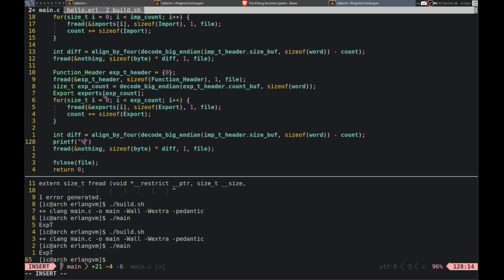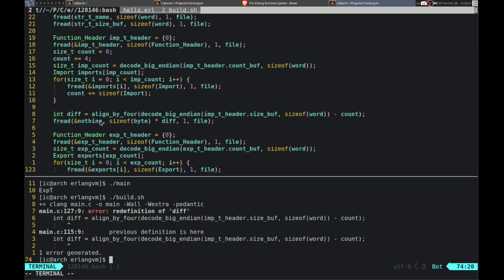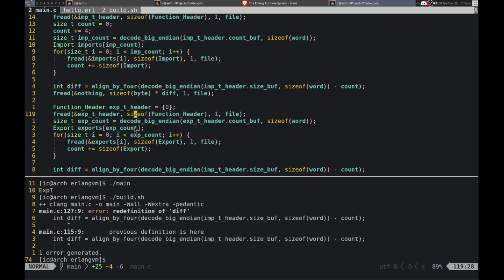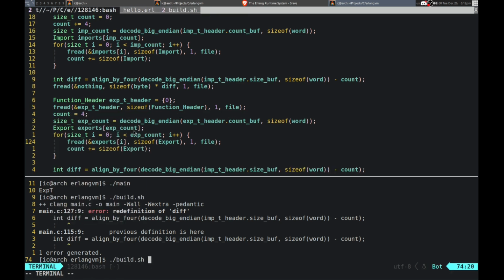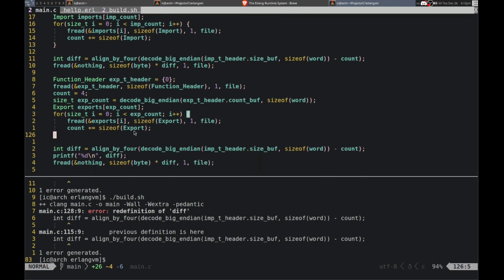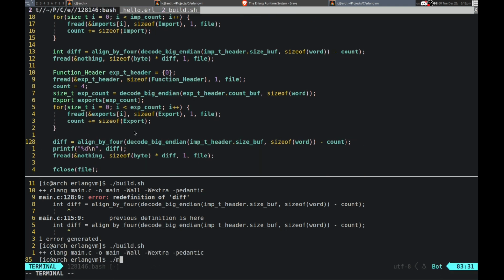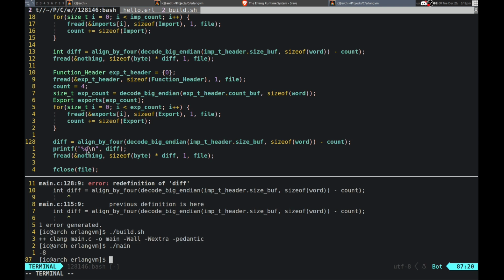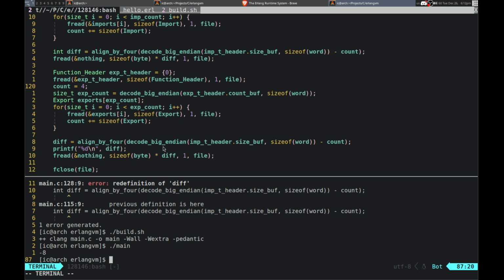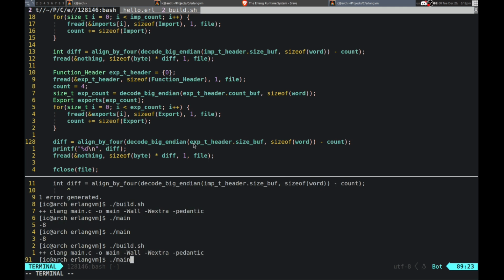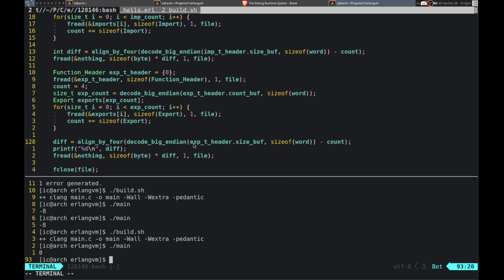And we can see what the difference is as well. But we don't have a count, so that's not going to work out, because we need to set count equal to 0. Or count equal to 4, rather. There we go. And yeah, so diff, we just do it like that, that's fine. -8, so that is not right. I forgot to increment the count somewhere. Oh. There we go. 0. Okay, so it is still the same. We can still read past it, that's fine.